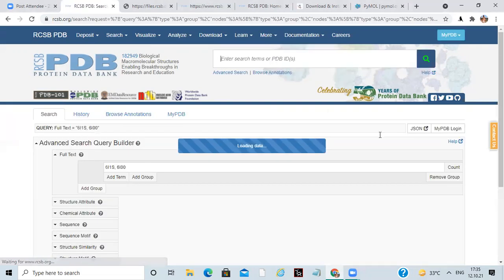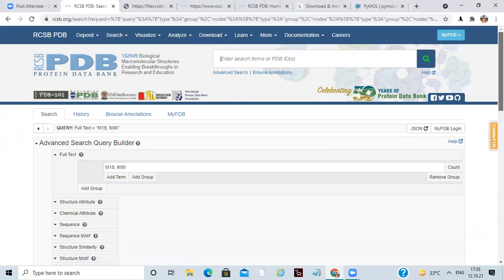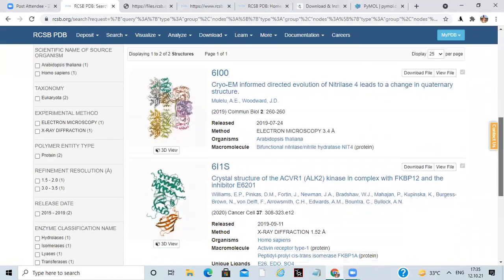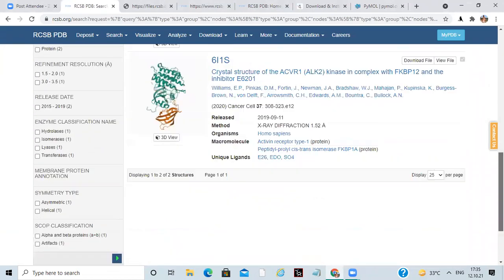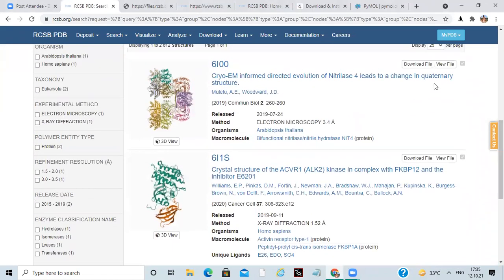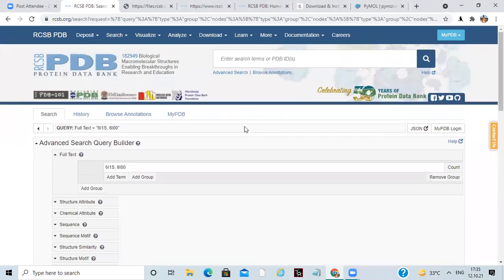So I just wrote two IDs here, 6I1S, comma, 6IS0, and what happened is that I have opened only two IDs. So you can download the files from here and from here at a time. You don't have to go one by one and search in the PDB database. You can view all these things at a time.